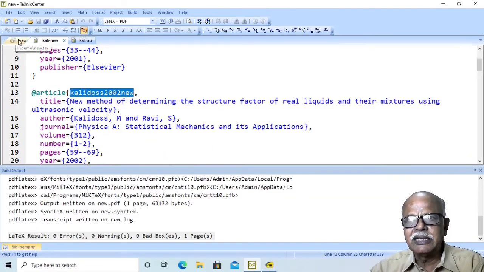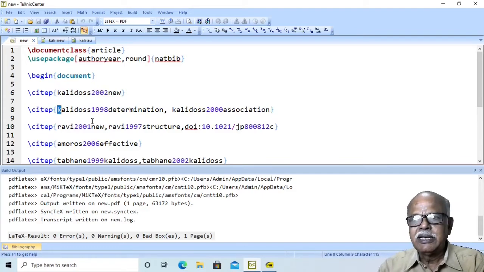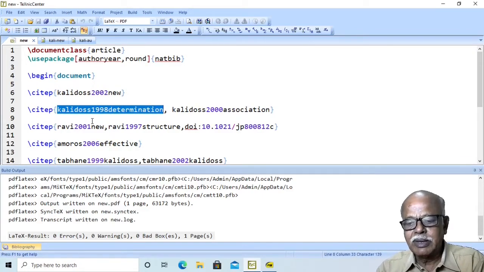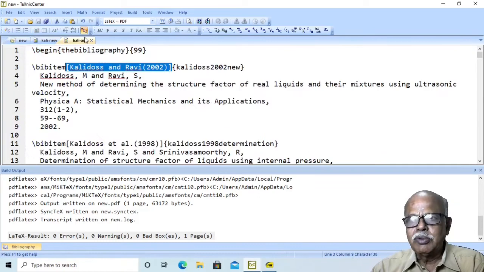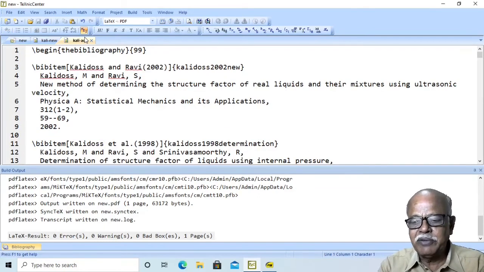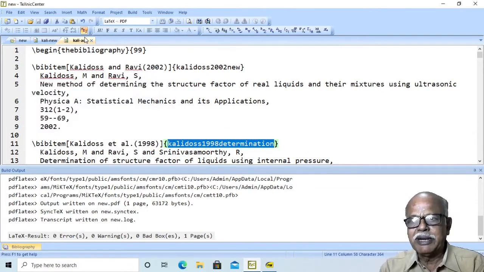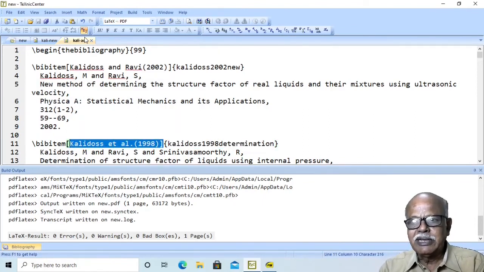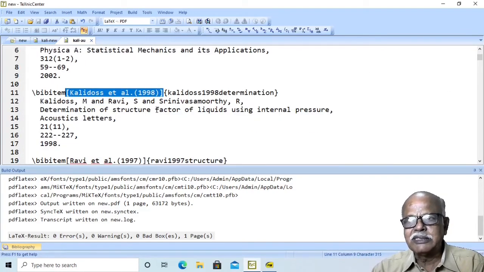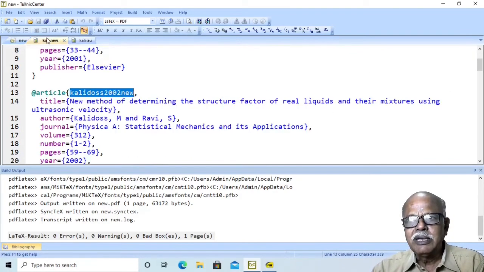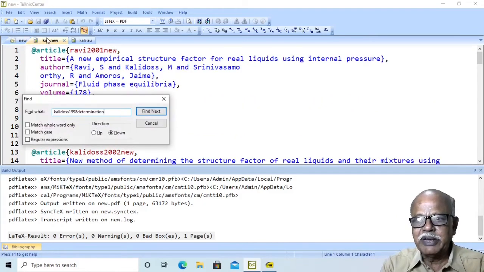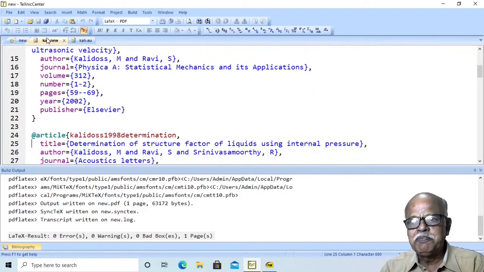Similarly, if we take the next case, take this bib label, go to the file in which we have manually formatted the bib items. Here in the option brackets we have given Kalidas et al., because the number of authors is more than 2. But if we refer to the bib file, search for this label, we have not made any such effort. We have not given in the option brackets author names and year.